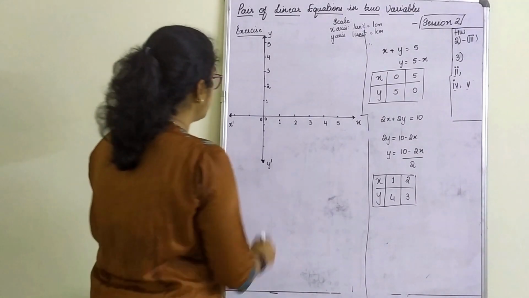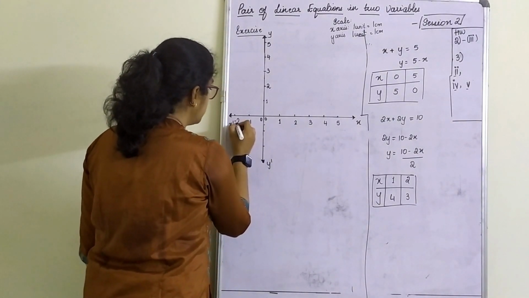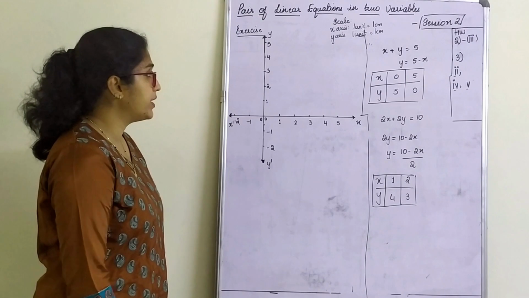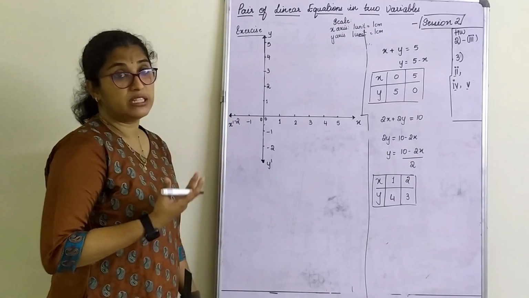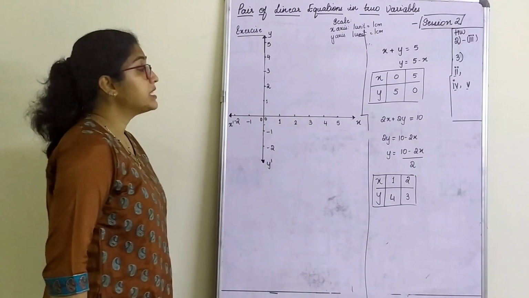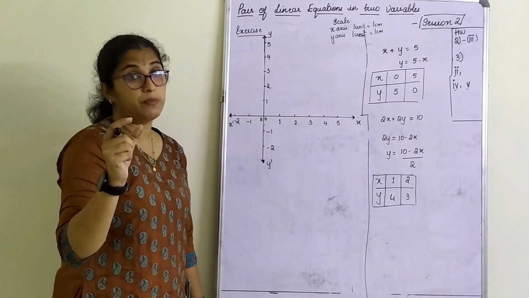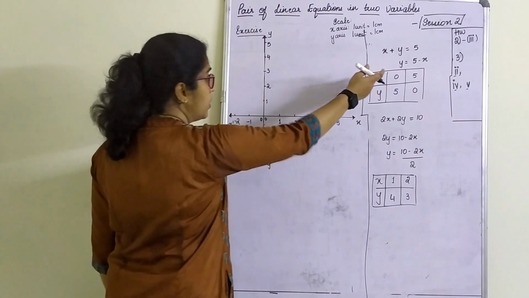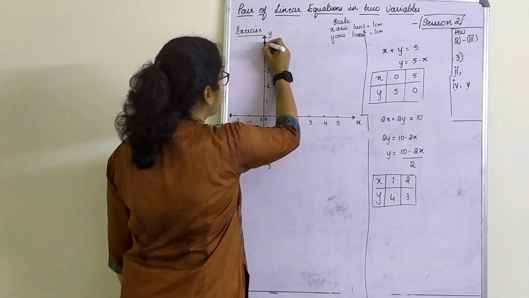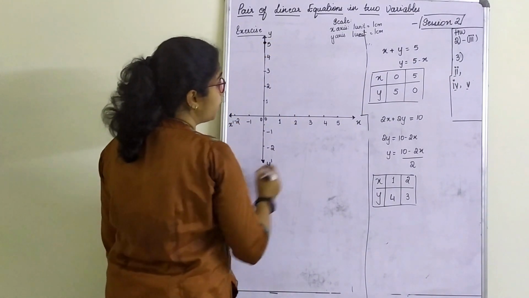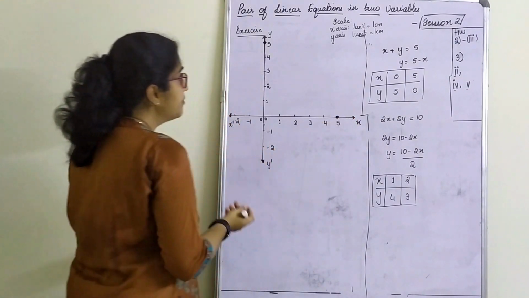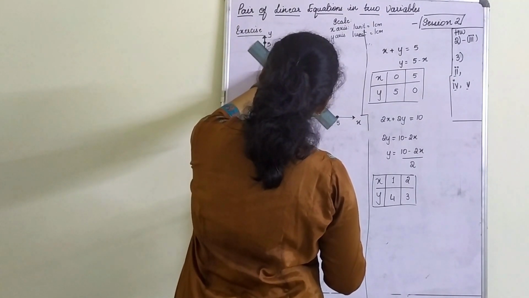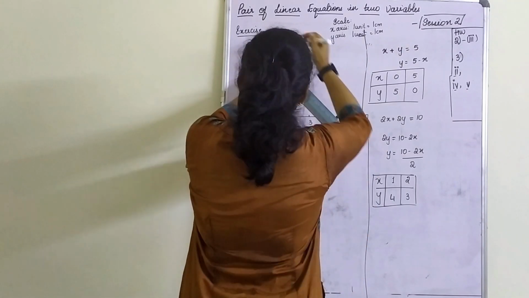So this is how you start with the graph. X-axis and y-axis. Since I have very few negative values, I have only taken two coordinates, minus 1 and minus 2. Respectively, whatever points I want in x and y, I have just marked. Scale: one box in your graph book is 1 unit, 1 unit is equal to 1 centimeter. Same for y-axis. Let's plot. When x is 0, y is 5. It comes here. When x is 5, y is 0. It comes here. First, let us plot for the first one. I think if you have a bigger scale, it is actually good. So let's plot for this.